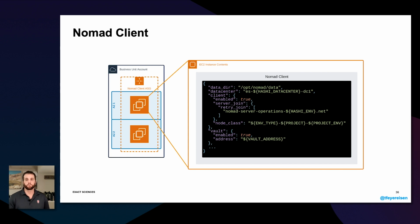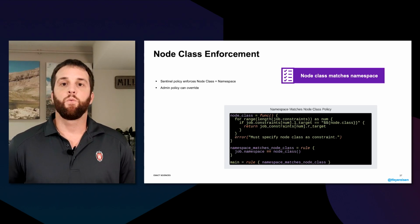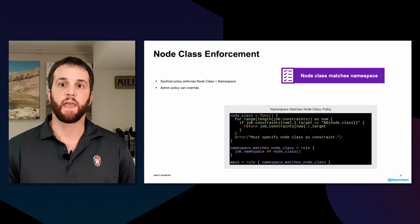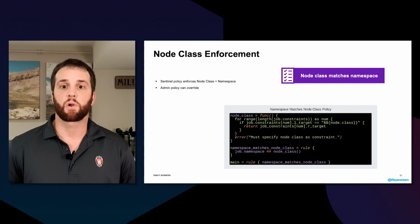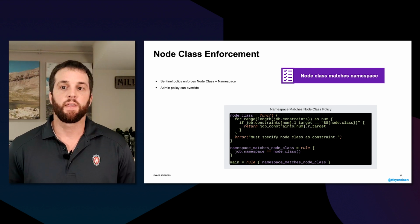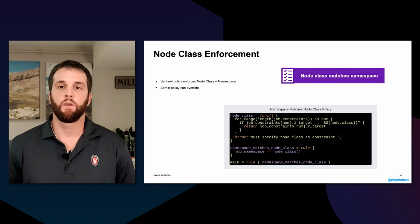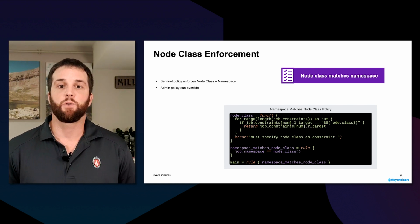In terms of the actual config file, the most important piece is that we're registering a node class with the client. The value of the node class ultimately corresponds to the namespace for the client. We use a Sentinel policy in order to make sure that a Nomad job that runs within a namespace is placed on the right Nomad client. This introduces a requirement on our Nomad jobs, though, that they both have a node class constraint and that it matches the namespace. In a later section, I'll discuss how we've approached the requirement to make it as transparent to